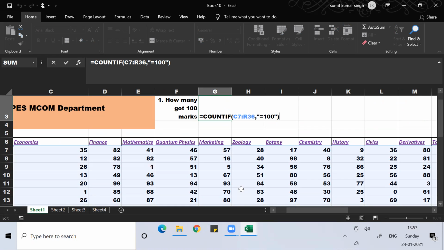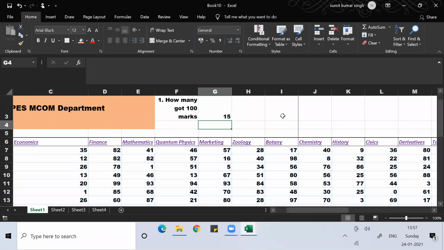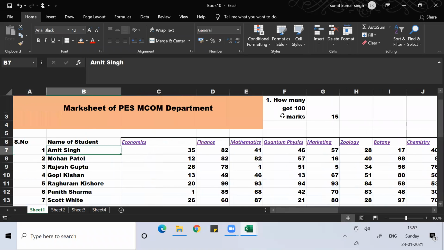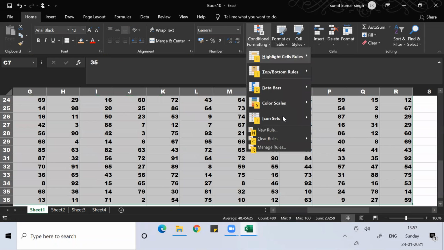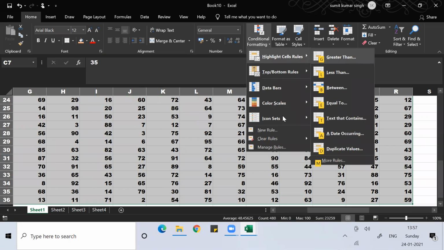Suppose you're looking for more than 95. More than 95, under double quote, greater than 95, close double quote, close bracket, enter. So you can see 15 people. You want to see them. Who are those people? Select everything, then conditional formatting, highlight cells rule, greater than.